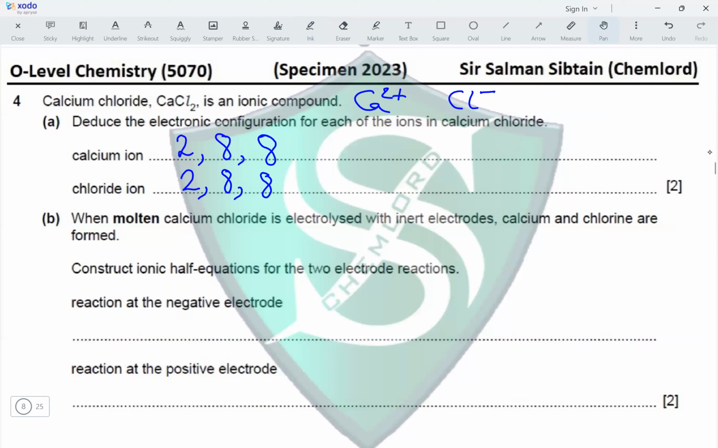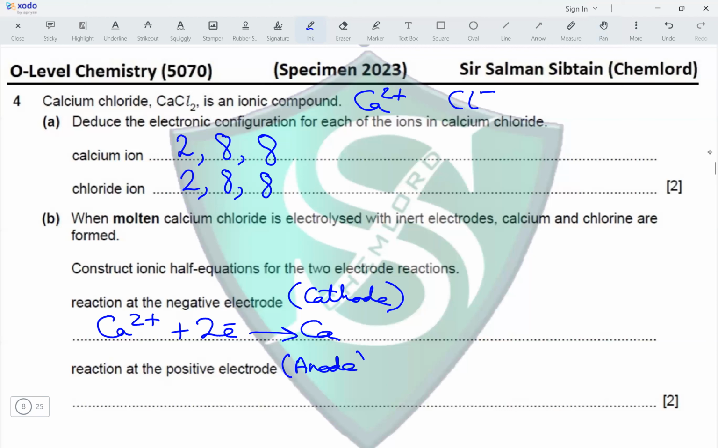So reaction at the negative electrode. The negative electrode is the cathode, and cathode is where reduction takes place. So the Ca2+ positive ions present are reduced here. How are they reduced? They gain electrons. Where do these electrons come from? They come from the anode where oxidation occurs. So Ca2+ plus 2 electrons gives us calcium metal, and reaction at the positive electrode, which is called the